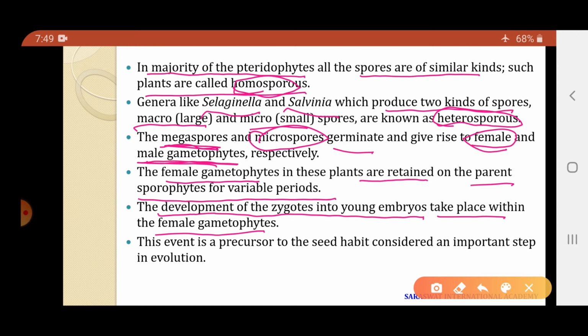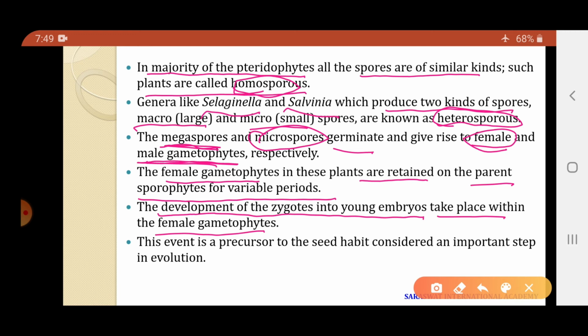जबकि हेटेरोस्पोरस गैमेटोफाइट्स, हेटेरोस्पोरस टेरिडोफाइट्स में क्या होता है? पहली बात ये है कि फीमेल गैमेटोफाइट is developed on the parent sporophytic plant. ओके, बाद में फर्टिलाइजेशन होगा, जाइगोट का फॉर्मेशन होगा, जाइगोट एम्ब्रियो में कन्वर्ट होगा. सो ऑल दिस प्रोसेस occurs on the female gametophytic plants, and therefore as the development of the zygote and embryo